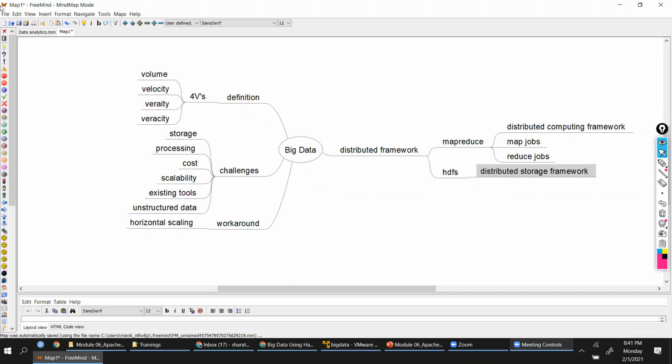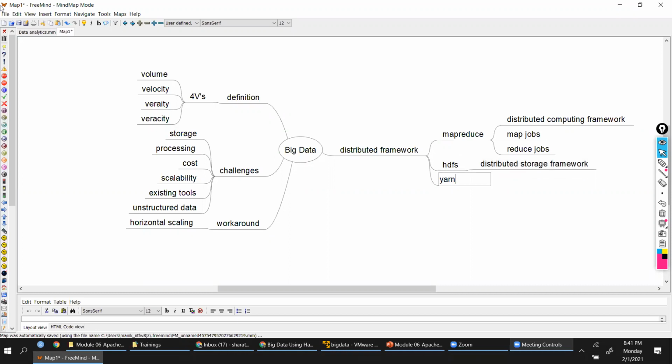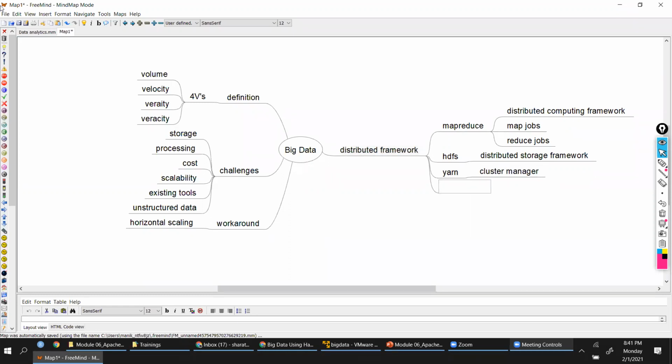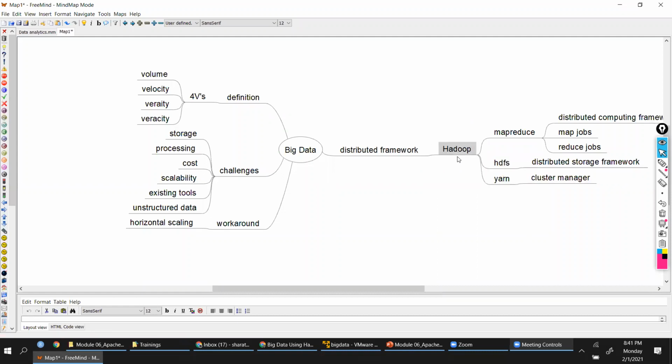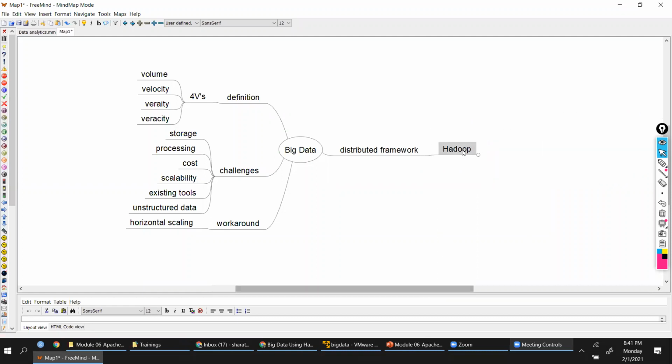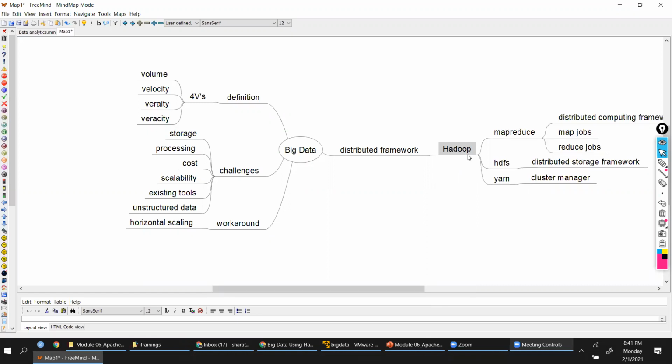So these are the two components, but managing this was becoming too tough. Hence, Hadoop 2.x started with Yarn, which is a cluster manager. These are the components that we have that are defined for Hadoop, right? When you say distributed computing, it's nothing but Hadoop. And these are the components of Hadoop. So distributed framework is the solution.